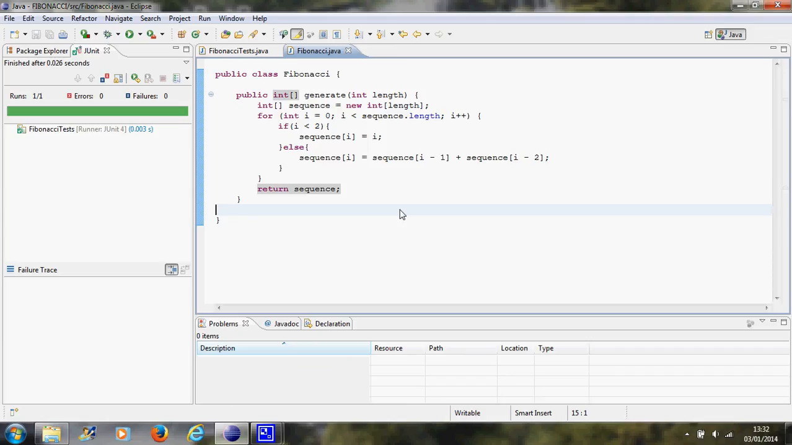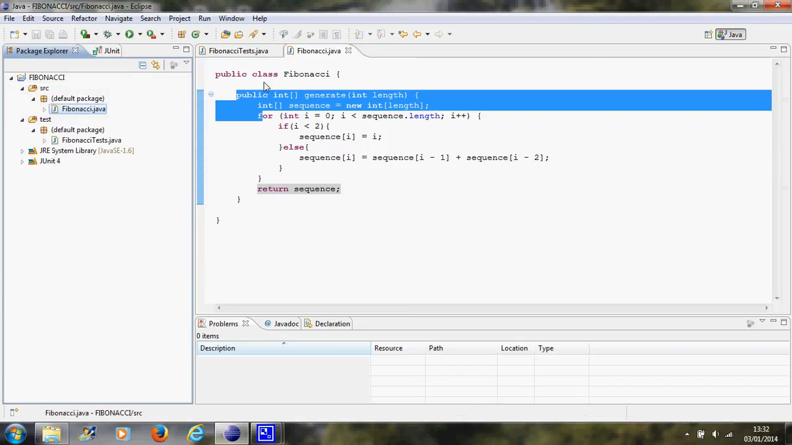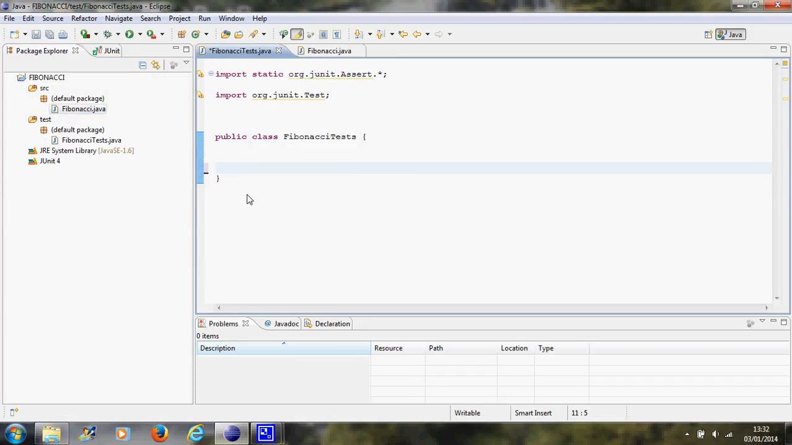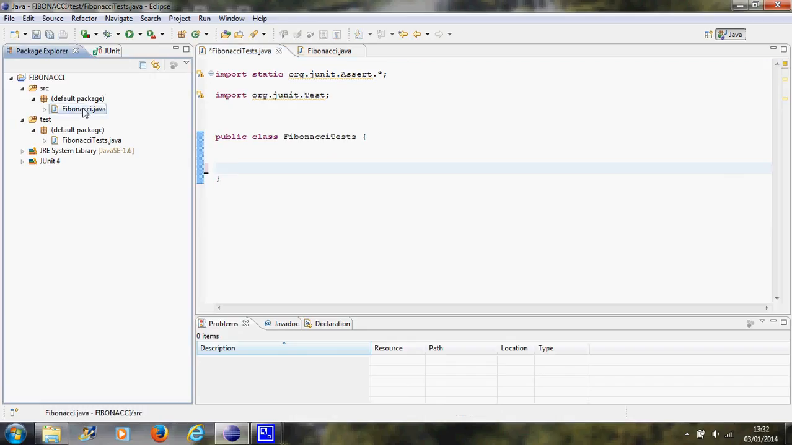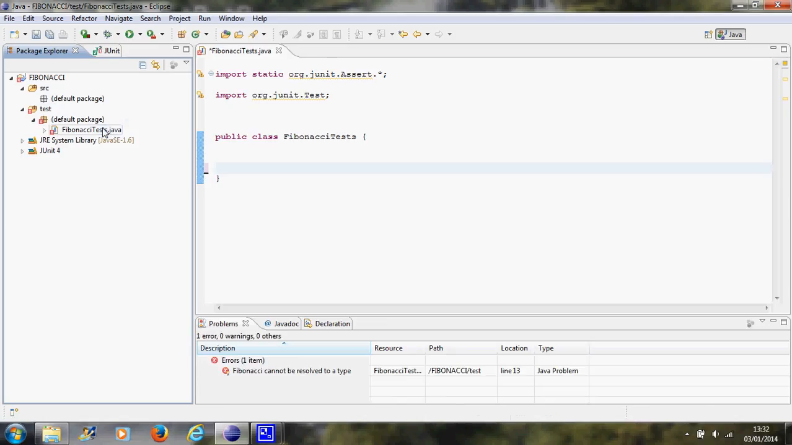So what we want to do, if we're triangulating this problem, if we're going to solve this problem by generalizing through a sequence of test cases, taking these small steps, let's do it again. Let's delete this Fibonacci class. Actually, let's delete the test that relies on it. And then let's delete the Fibonacci class. Okay. So if we're starting again,